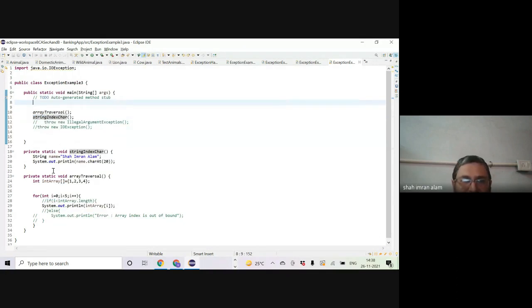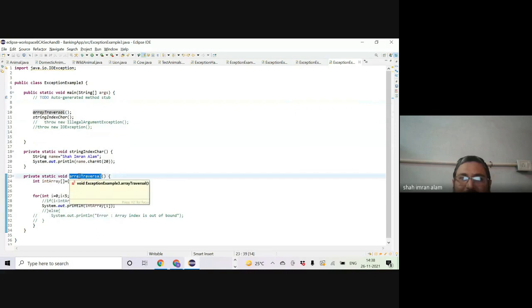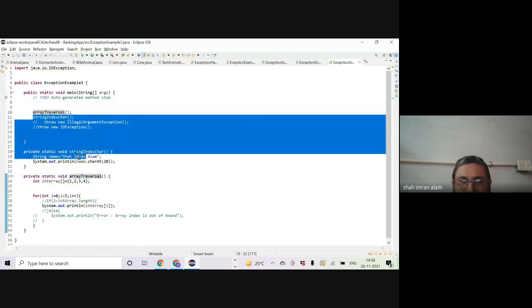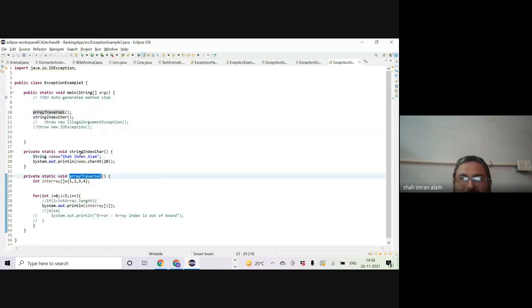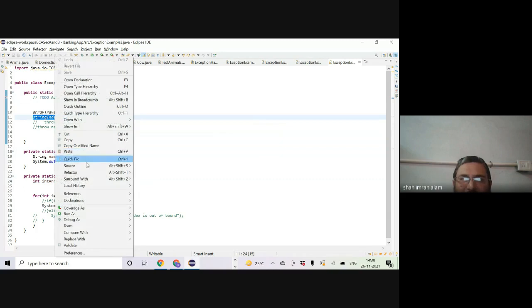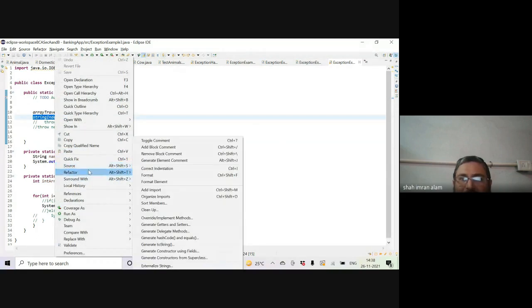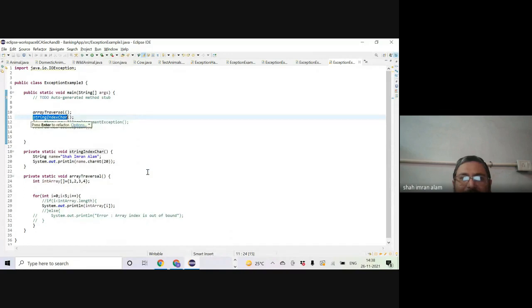If we change it here, we will have to change it here also, right? If you want to change here, we will have to change here also, at this place also, the name, right? So the easy way is to do a refactor, right? Refactor, rename,